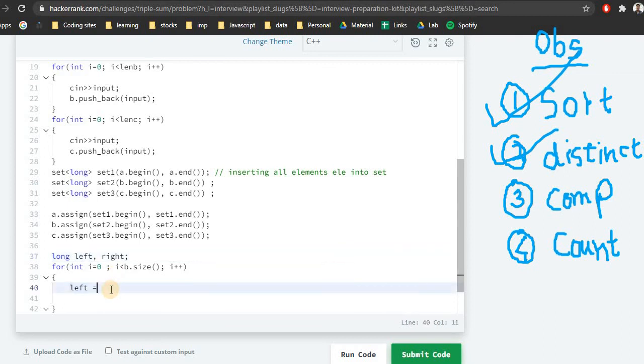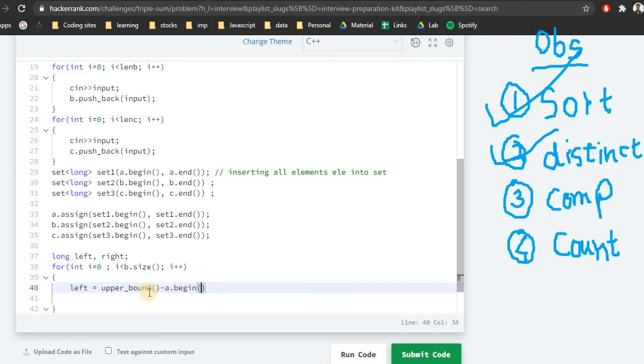So for left here, rather than doing the comparison like we checked for the 3, what we can do is check for the upper bound of that particular element. This is not much of an optimization, but still an optimization in writing the code. So we'll find the upper bound. What upper bound returns is an iterator value, but we cannot assign the iterator value to the long and do the numerals, because we again have to multiply. So what we'll do is subtract a dot begin. This will give us the numeric value, which we can multiply.